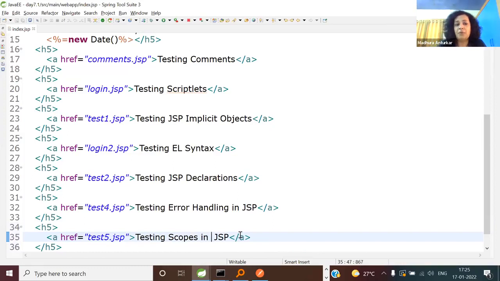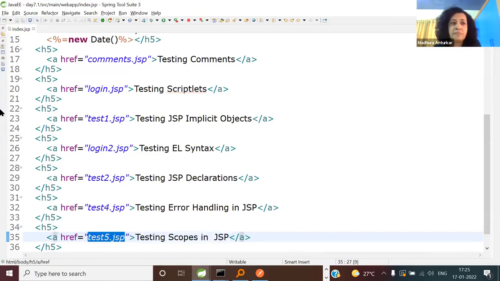Do a little bit of parallel programming. Don't just sit back. Try things with me. It's just a comment, just a link. Done. So when the client clicks on this, you have to write the next page as test5.jsp.